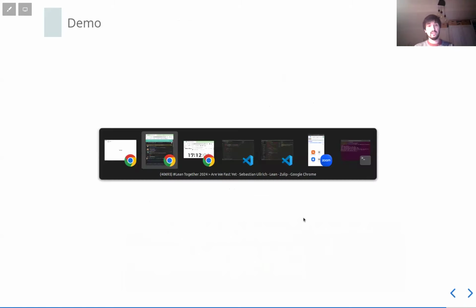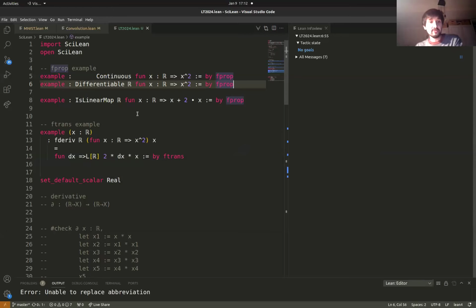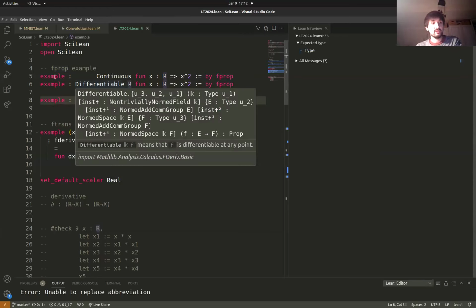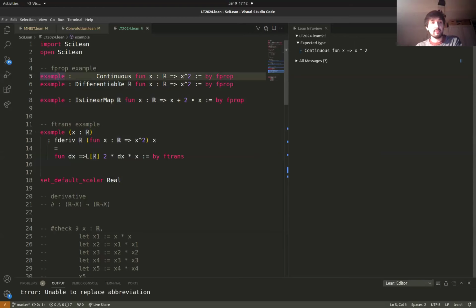So let me show you a few examples in VS Code. Here is the example as you could see in the presentation. It's just that the function x squared is continuous or differentiable, solved by FProp. You can also, for example, show that x plus 2 times x is a linear function. Right. And then to transform a function, when we compute a derivative of x squared,